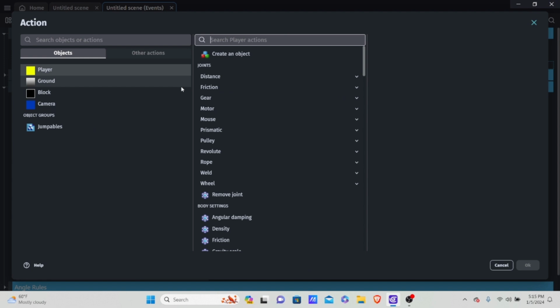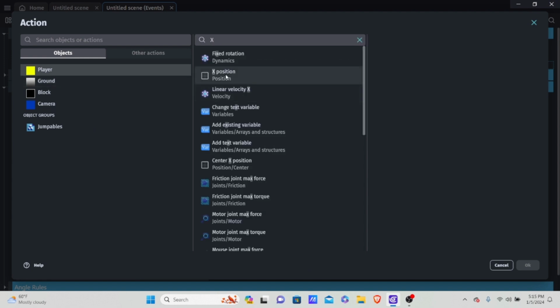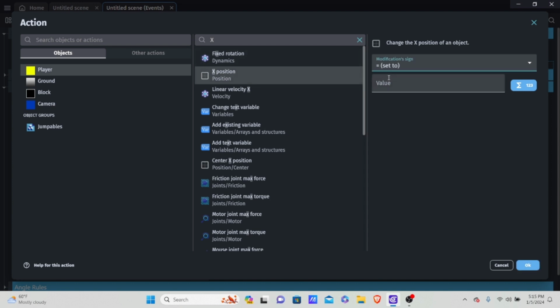Let's start with the X position. You know, X always comes first. So let's go into the X position of the camera, and we want the X position of the camera to always be equal to player.x, and not just player.x. We want to be behind the player. So I'm going to put minus